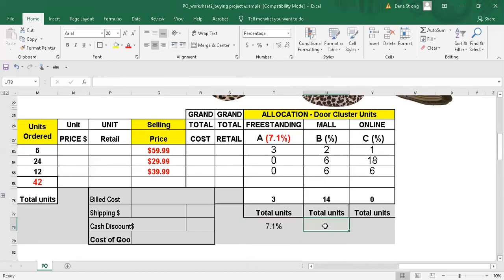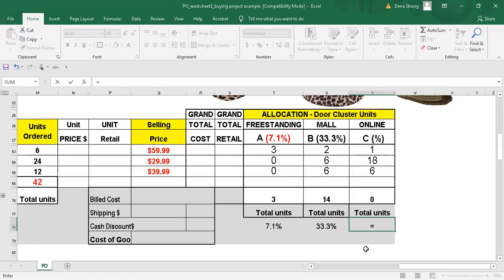All right, let's do the next one. Equals 14 of the hats purchased for the mall store divided by 42. So that's 33.3% of our hat units going here. 33.3. All right, and then here,